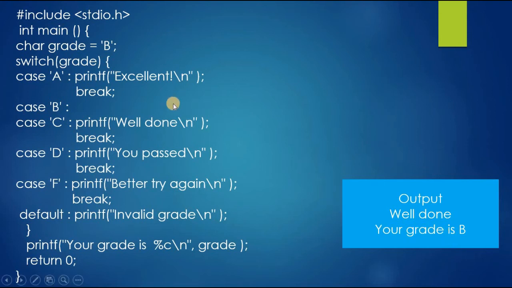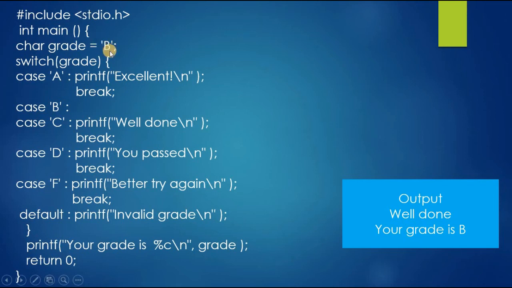Suppose here we declared grade is equal to D. Then it will check the grade, go to the switch case where grade is our condition, and we have declared the grade as D, which we are assuming. Then it will go to case D. After going to case D, the printf statement here is "you passed". If we declared grade is equal to D, then we will get the output "you passed and your grade is a D". Like that we will get an output.